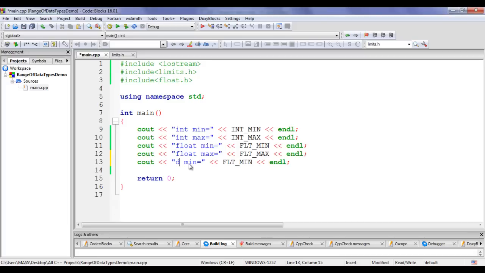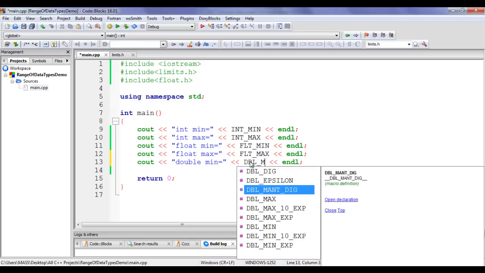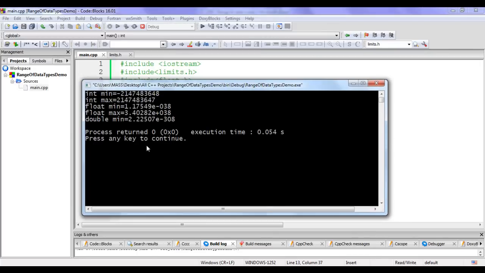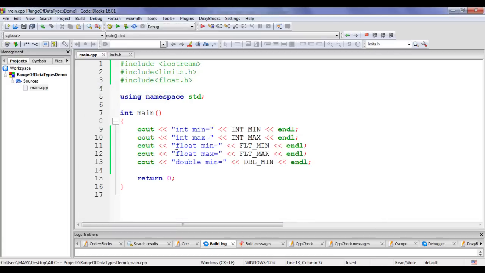Here I say double min, and we use the constant dbl underscore min. If I say build and run, you can see that it is displaying 2.22507 E minus 308, which is actually equal to 2.22507 multiplied by 10 raised to the power of minus 308, guys. I hit enter to close the console window.